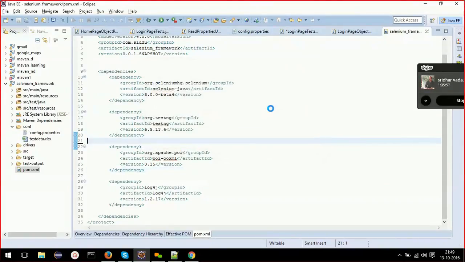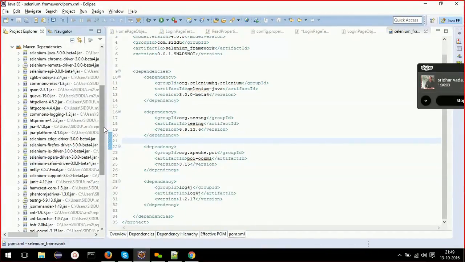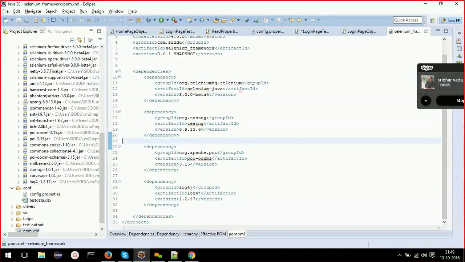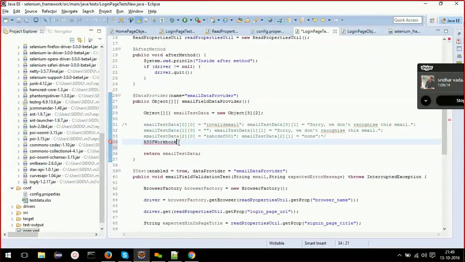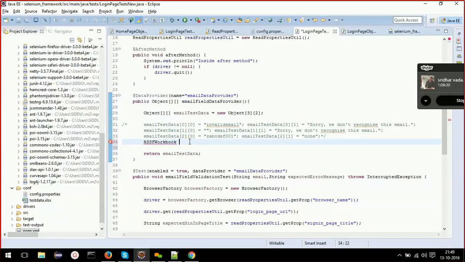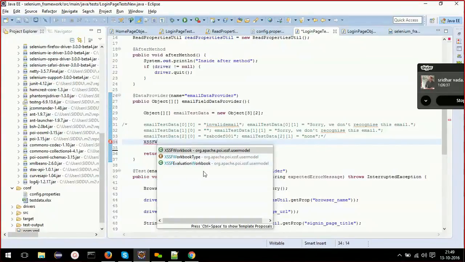It is automatically building the workspace. If you go and see your Maven dependencies, okay, there is this jar poi-ooxml. Now I'll go and create XSSFWorkbook.